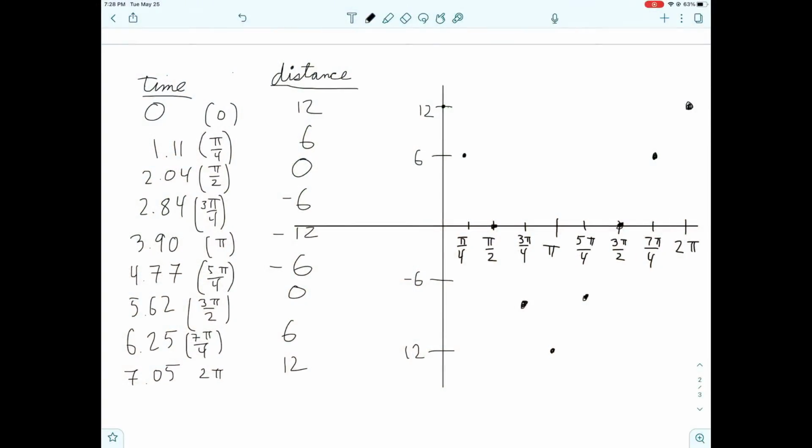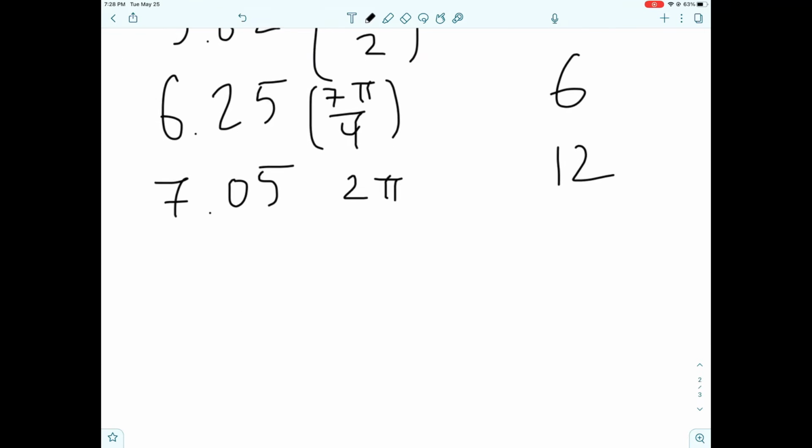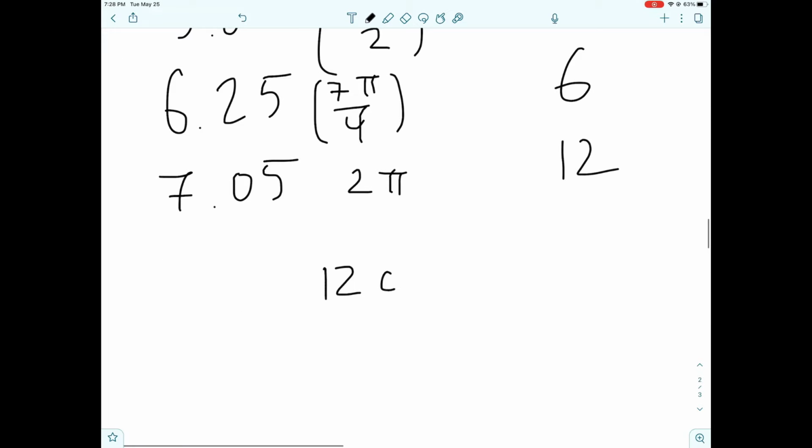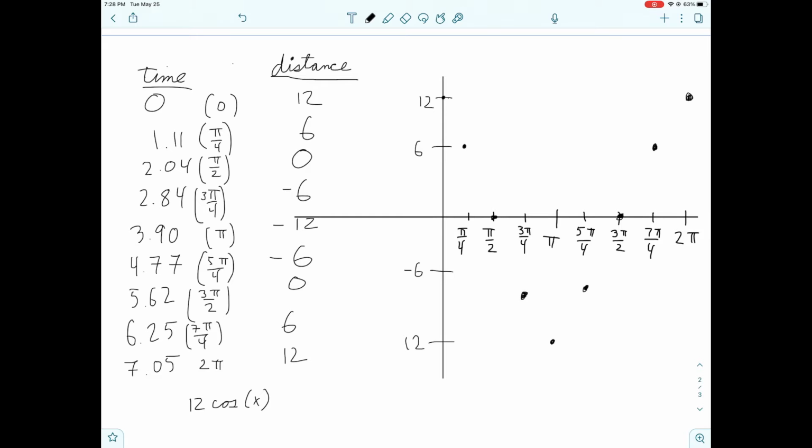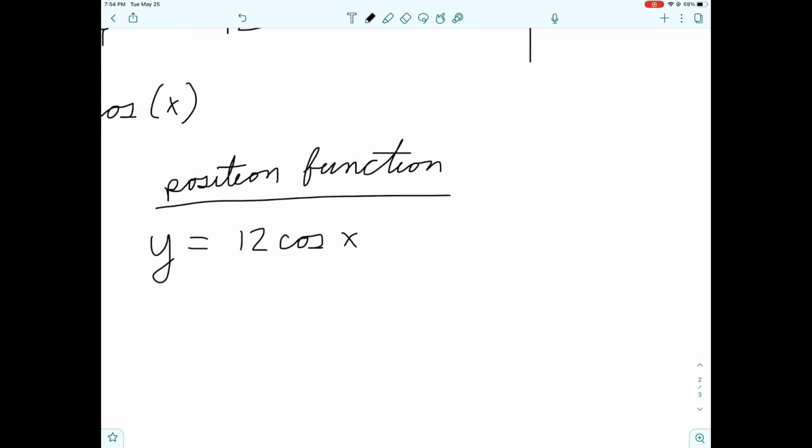Alright, so on the left here we have a table of the data recorded from Skylar's particle running, along with the distances on the right. And this roughly equates to 12 cosine of x. And we've graphed the points, and we're just going to graph them together here. And it comes out to something roughly like this. Excuse my bad drawing. And so now that we have our position function, what we'll want to do is find